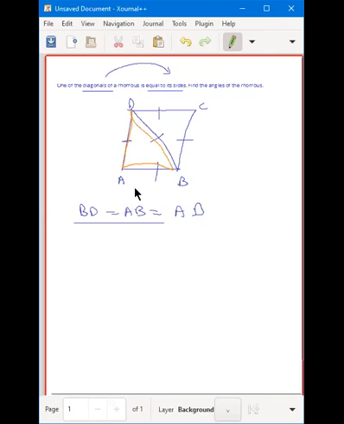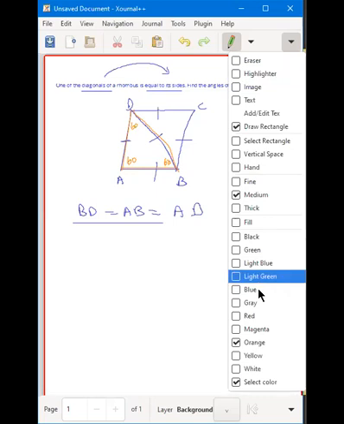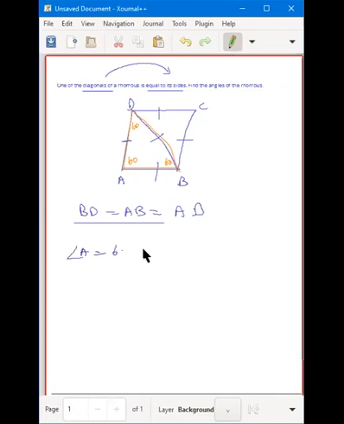Equilateral triangle. So what is the angle of each equilateral triangle? 60 degrees. So what is A? A becomes 60, this becomes 60, and this becomes 60. Now can you solve it and let me know what to do further? So we are given that angle A is 60. So we got one of the angles.